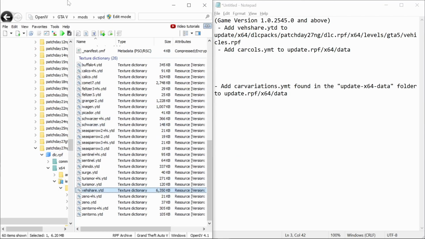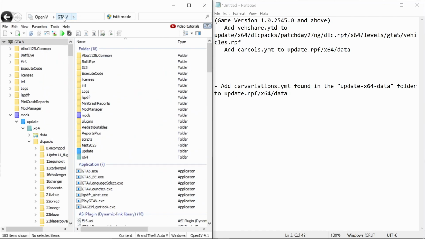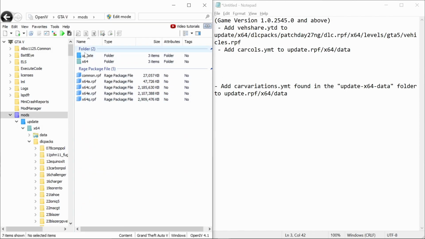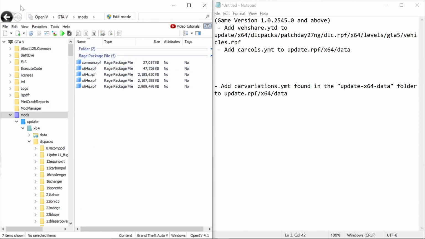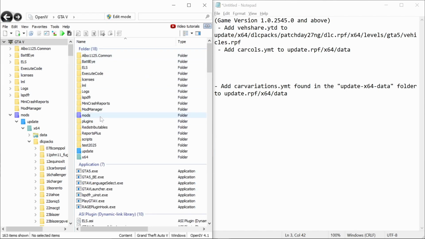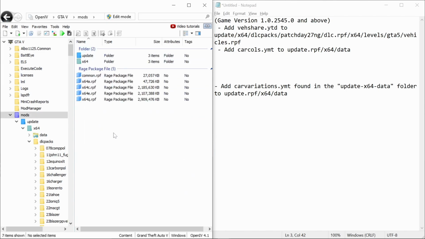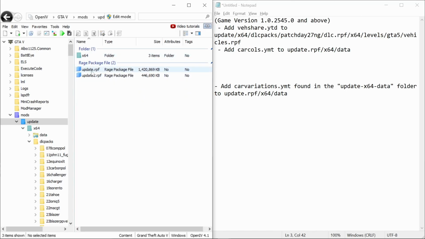Here we're going to go to GTA 5, mods, update, update.rpf. Oops, I think I misclicked something there. Let's try one more time. We're going to go to mods, update, update.rpf,